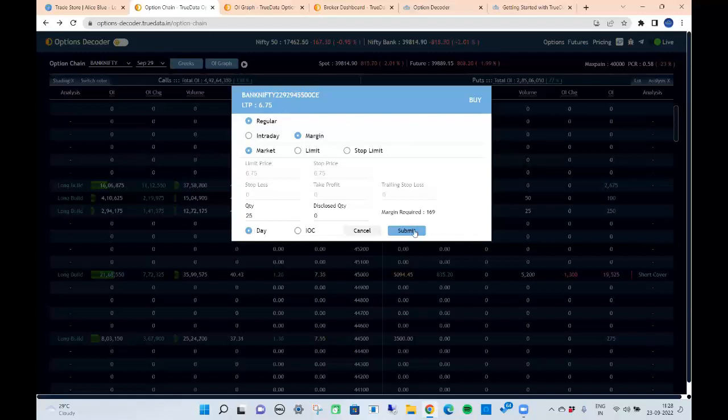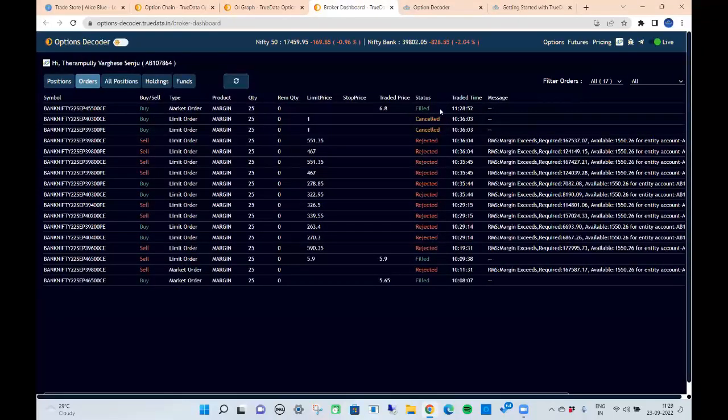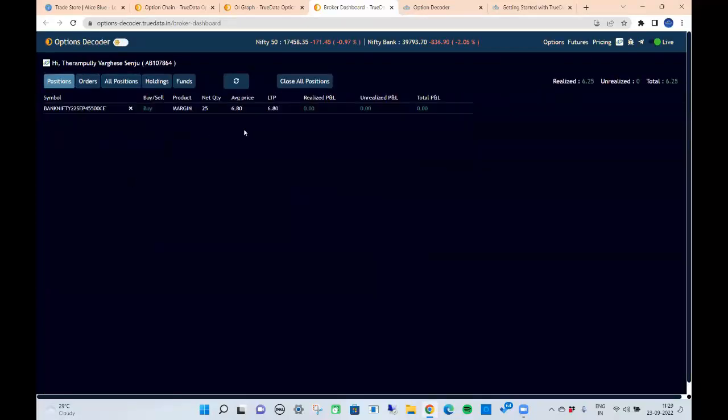Just submit it here, and as soon as I submit, it shows the order has been placed. We go here, refresh this, and you can see that the order has been placed and filled. The order got filled at 6.8, and the trade time and quantity are also showing up. It's pretty cool, pretty smooth. When you start working with it, you will realize it's pretty smooth. It will start showing up in our positions here, and net quantity is